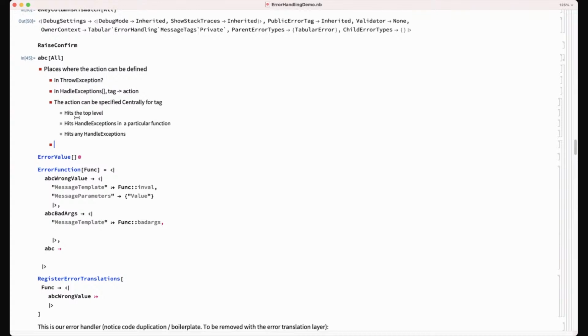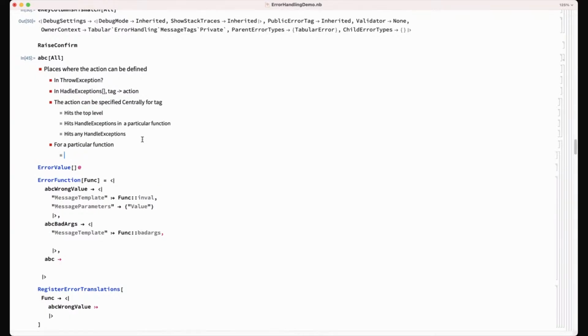Do you understand? The fourth, yeah, just fill it in there for a particular function. That's for a particular function, like func. You're saying what to do for a particular function. Say what to do with each tag. Exactly. Type in "say what to do with each tag." No, not here, underneath. It's all the same thing. Say what to do with each tag. Right. Okay. Do you agree with these four cases?